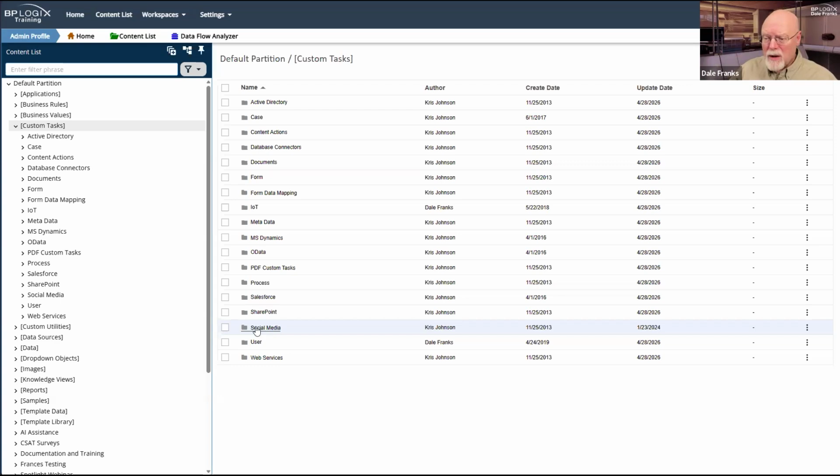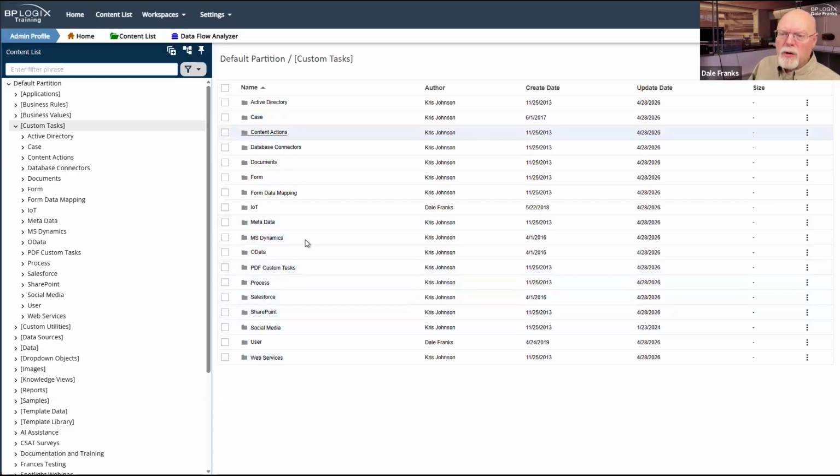And so you will not see them when you download them. In fact, I believe I've removed them from the documentation. So you may see some custom tasks on my system. As you can see, these custom tasks have not been updated since 2024, which is when I think we just pulled them out of the custom task package. But you do need to do this fairly routinely.